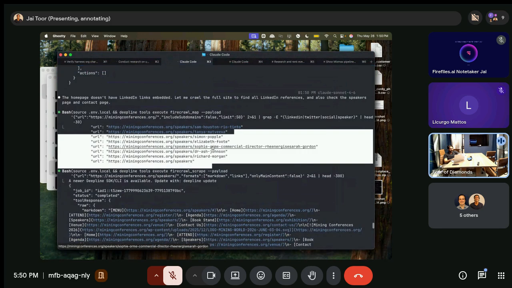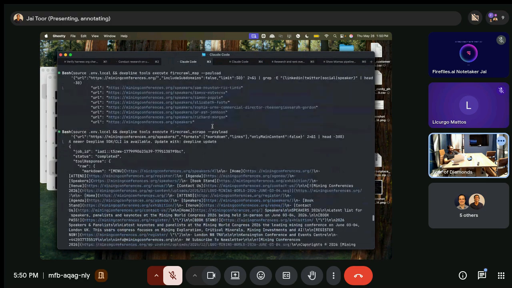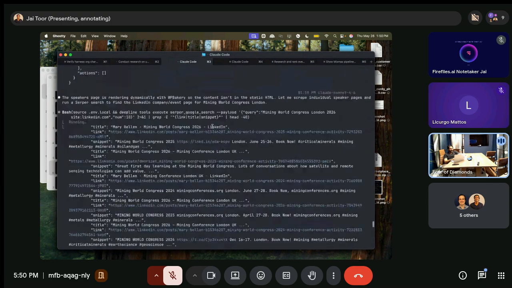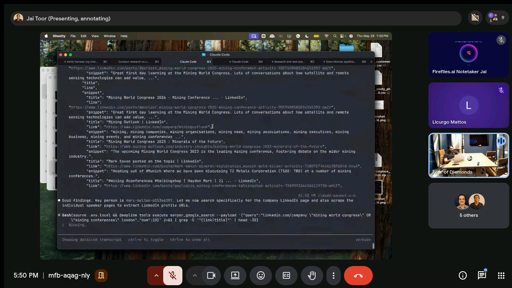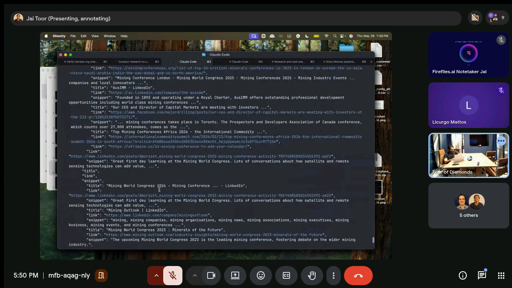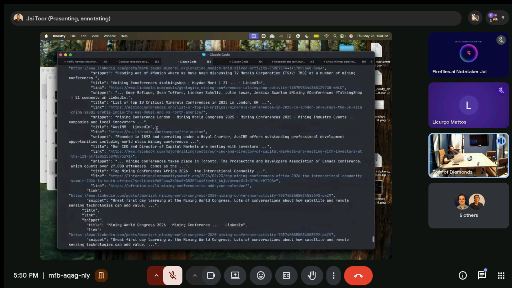So I don't know if this is from last year, maybe. Yeah, typically there's a page or something. It does look like these are people who went last year.